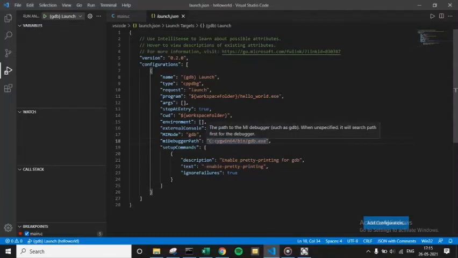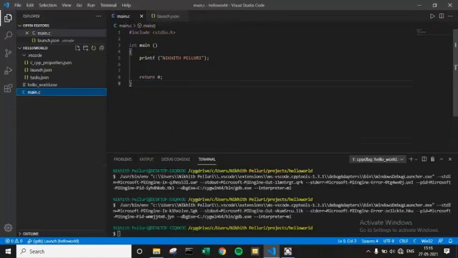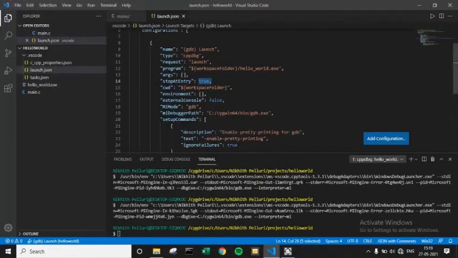Actually, I made some mistake in the debugger path in the launch.json file. I forgot this slash. So once I included that slash, the debugger is working well.